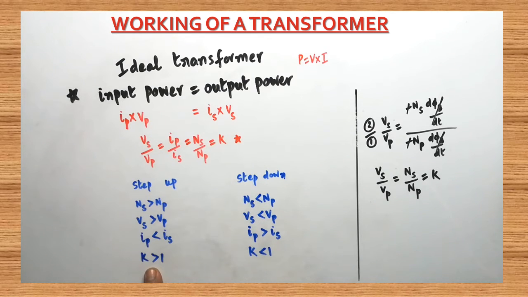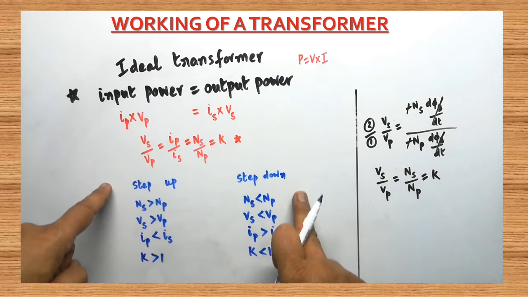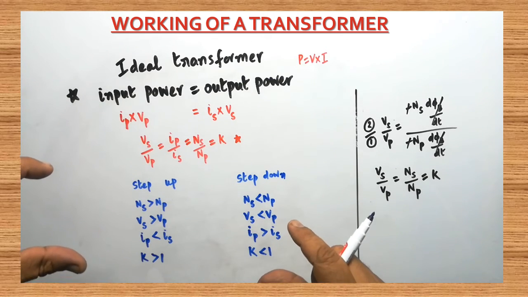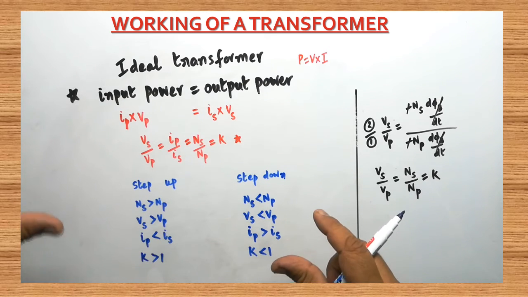By knowing the value of the voltage transformation ratio, we can easily find out whether the transformer is step up or step down. Make a note. Are you clear? But in the case of an ideal transformer, these things are not applicable. Are you clear? Only in the case of step up and step down can we calculate like this. So this is a very important differentiation point. Are you clear? Here, by using these two expressions, by using these two tabular columns, we are able to differentiate what is a step up and what is a step down transformer.